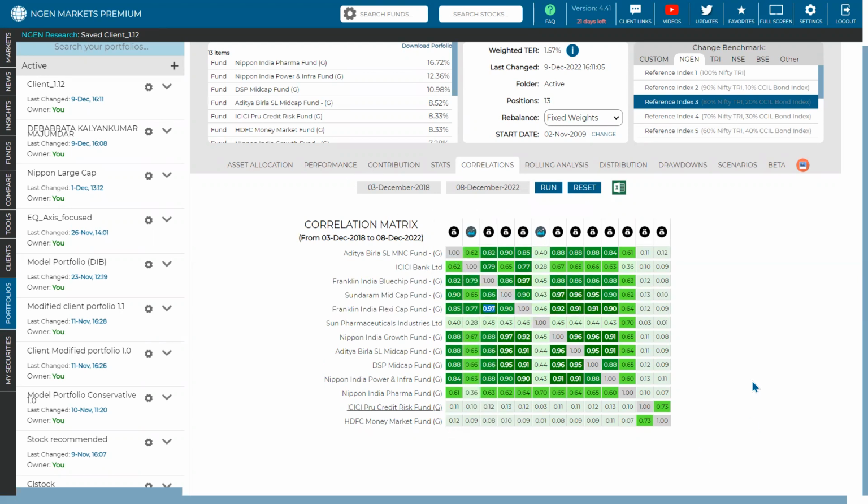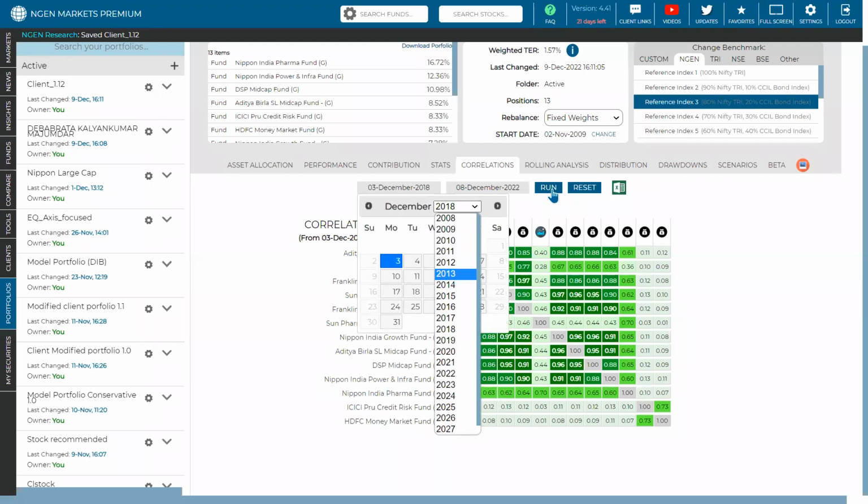But the main part here is to look at diversification on the basis of the start date you have chosen. Now, if you change this start date, the correlations will change. For example, if I just go for a short period, like 2020, right? A shorter period, to see, let's say we take a call from